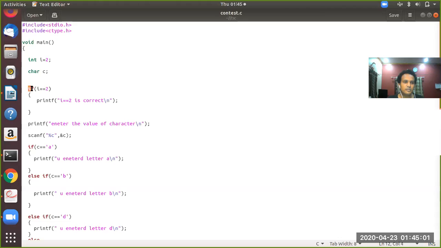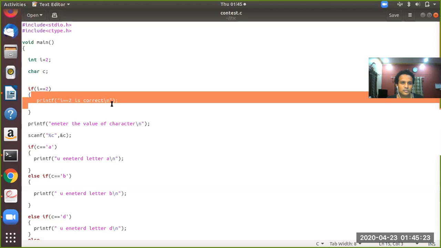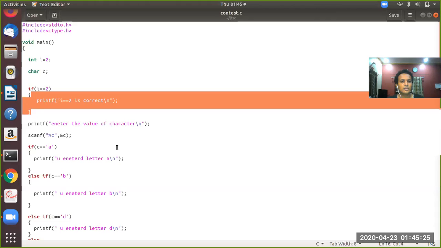Now what this particular line in the program says is: if i is equal to 2, that means the first line shows a variable called i, and if that variable i contains 2, then only execution goes here.